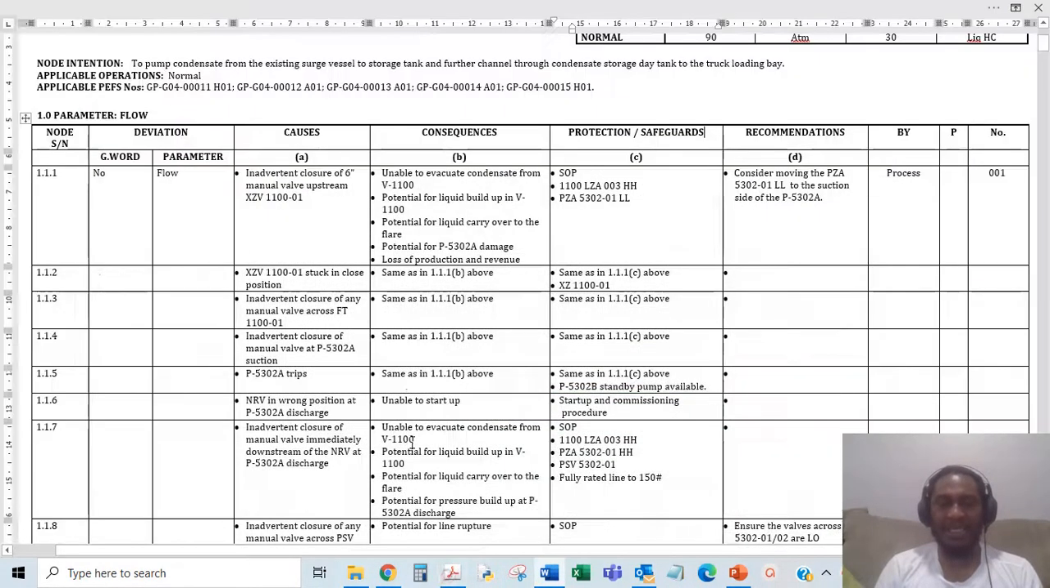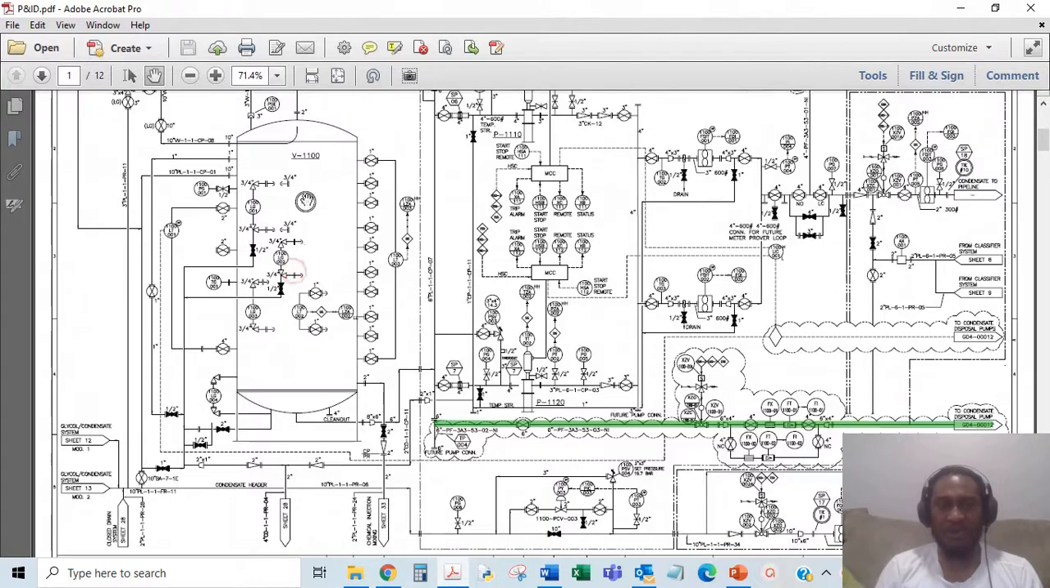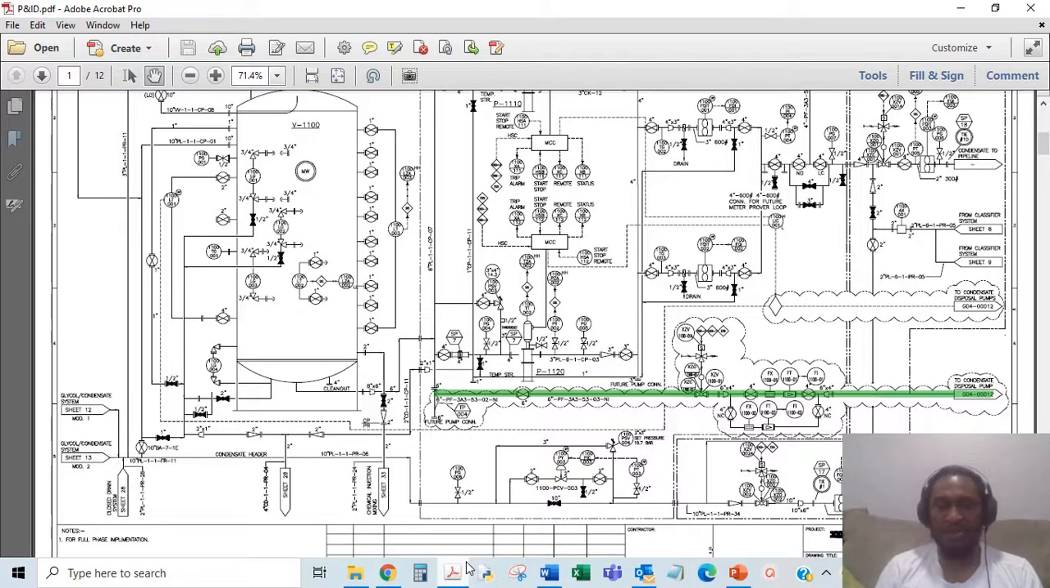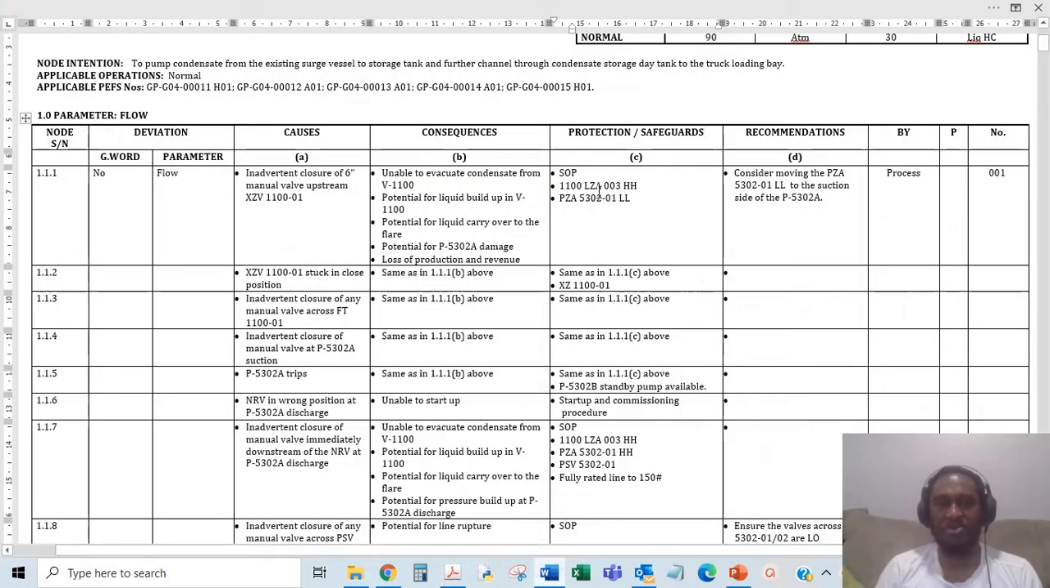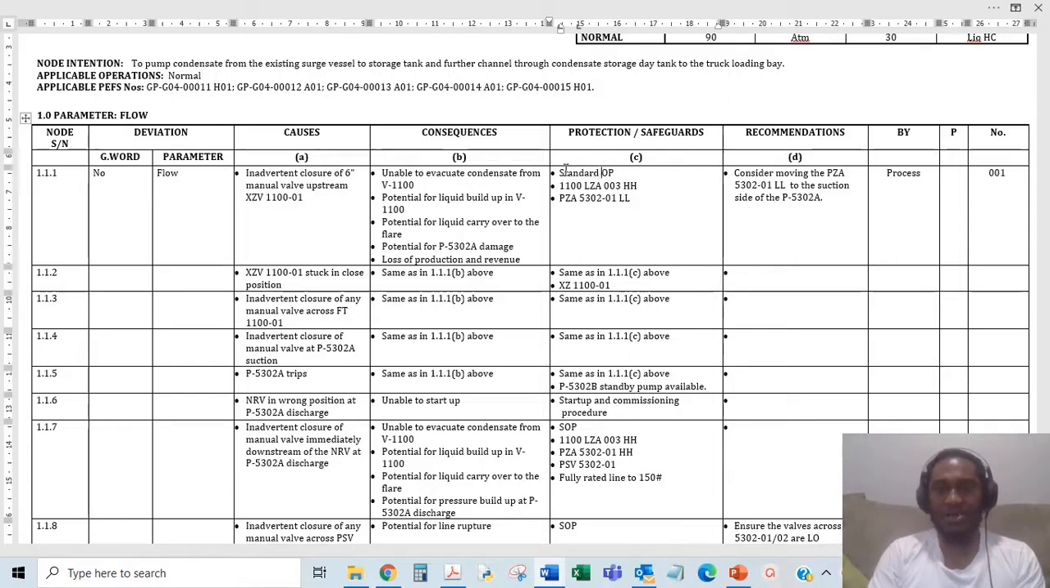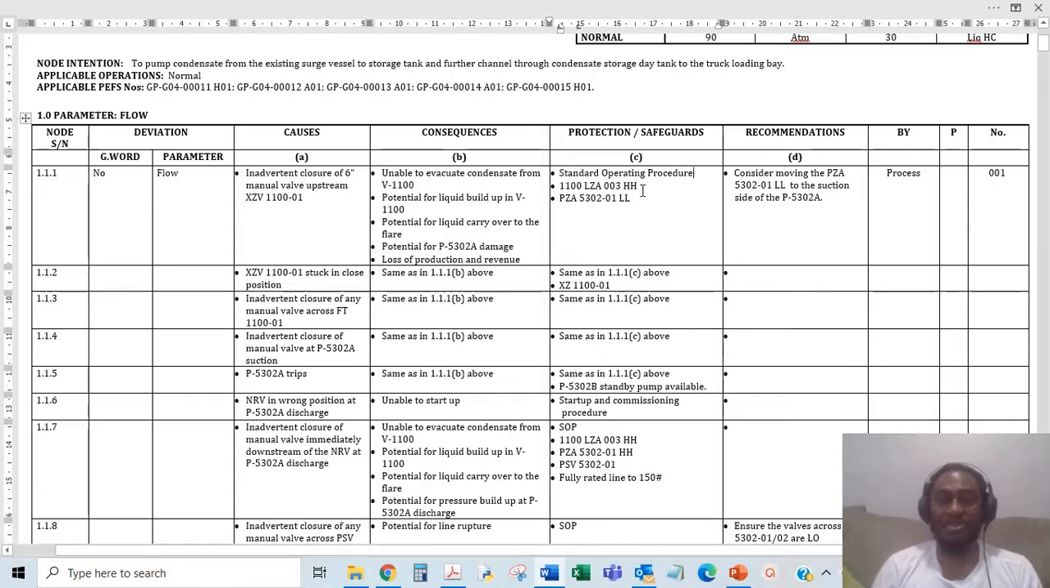And that is unable to evacuate condensate from tank, liquid buildup in this vessel, potential for liquid carryover in the surge vessel. Those are the consequences. Then we go into the protection. How are you going to safeguard against those things happening? So protection: SOP, which means standard operating procedure. This is very important, because these are your procedures, your guidelines, everything you do when you're operating